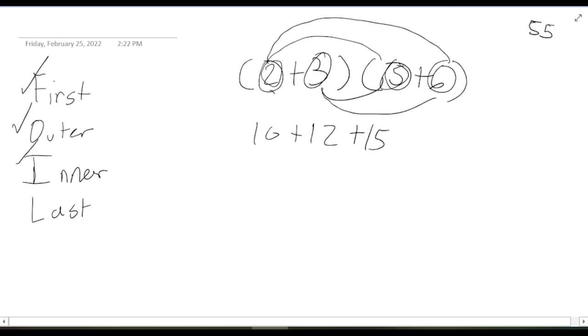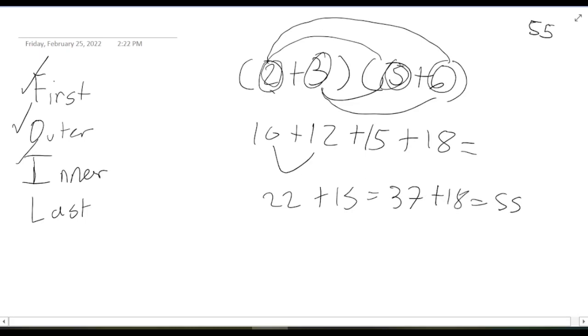So 3 times 6 is going to give you 18. Great. So when we add all this up, 10 plus 12 is 22, plus 15 is going to give you 37, and then finally plus 18 is going to give us 55. And as you can see, it's the same exact answer as if we just did 2 plus 3,